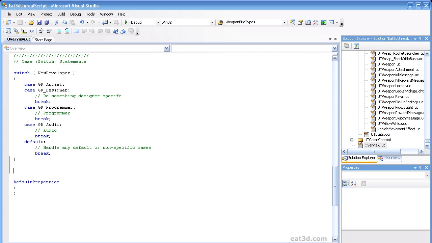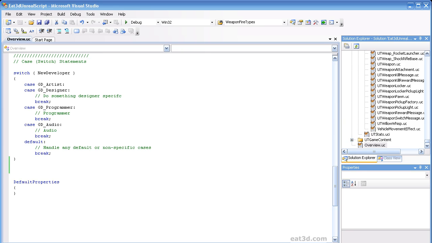So there's basically two different types of loops, and those are for loops and while loops. First we're going to go over the for loop. You'll see these used more commonly in your average UnrealScript case. While loops are useful in certain cases where you're doing something constant, or you have a potentially very long-running loop where you have another condition that's going to be checking into it, say like a bool or something like that. But for loops are very useful for when you have a fixed number of things that you need to loop over or iterate over, as you'll hear it referred to.